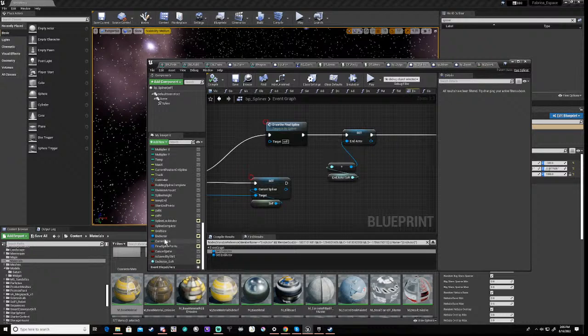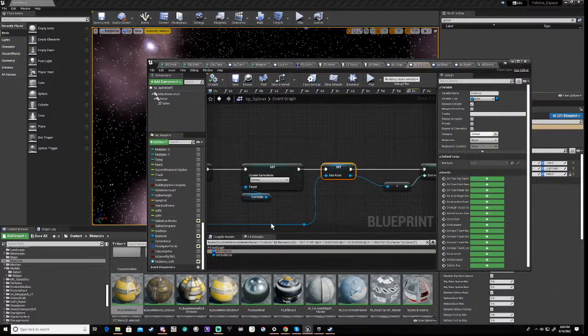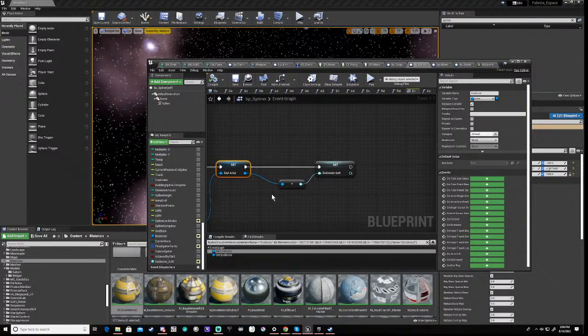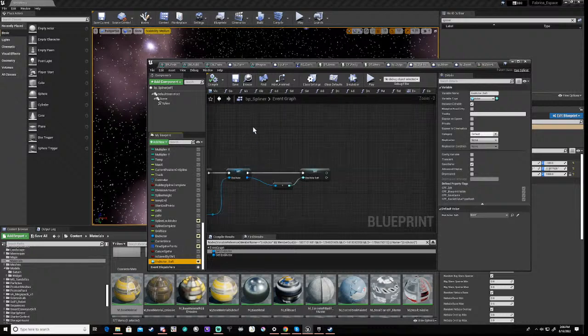If we look at the end actor and we look at the set, what we've now done is created a soft reference right here, set it to save, and then when we come back in,